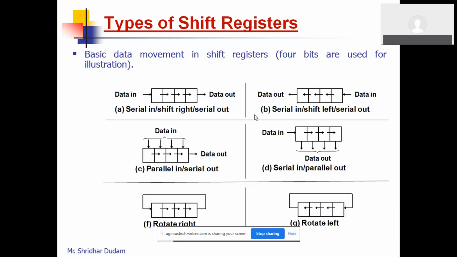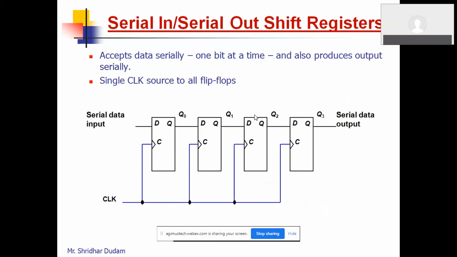So this is the way we can implement the shift register. Any configuration of serial in, serial out is possible, or you can go for the universal shift register, which has different modes like serial in, serial out, parallel in, serial out, or serial in, parallel out. All the possible combinations are possible in the universal shift register. But now we'll take a very simple example of serial in, serial out.